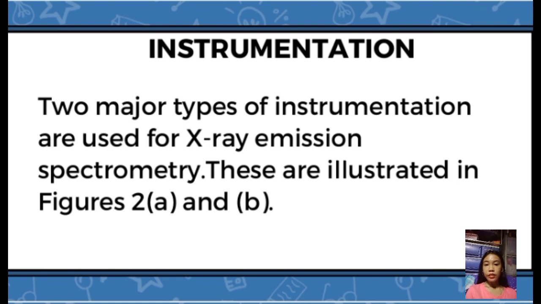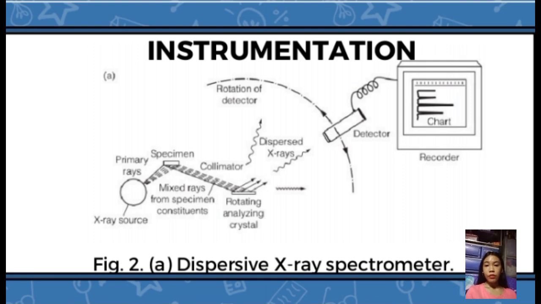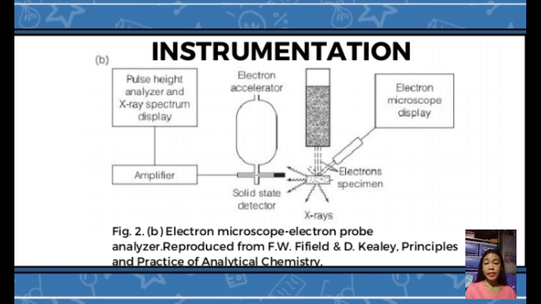First is dispersive and non-dispersive, as illustrated in Figures 2A and 2B. Here's an overview of how the dispersive instrument functions. The X-ray source: the dispersive instrument utilizes a high-energy X-ray source, typically an X-ray tube that contains a target material like tungsten. Electrons are accelerated toward this target using a potential difference of about 50